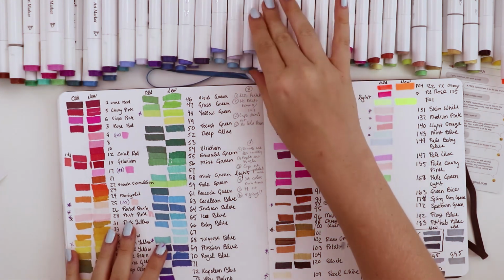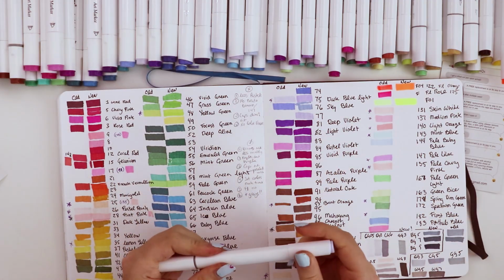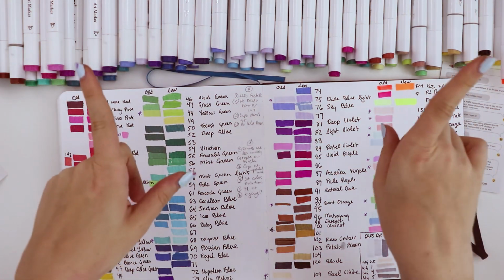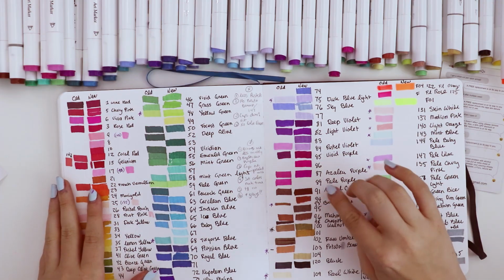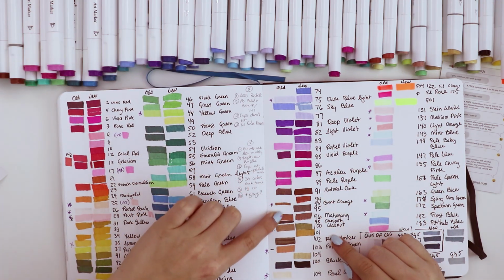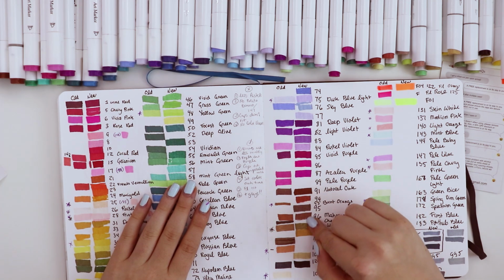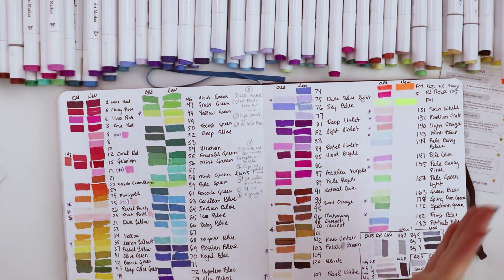Another thing is, of course, the caps don't fit on the end anymore, so that's a letdown. And then they don't have the color names anymore either. But on the bright side, there are a lot of things that I like better about the new set, like the browns have all been updated and they're not as muddy. If you look at these, they kind of have a gray tone to them, and then the new ones have more saturated colors, so you have a more variety of browns,